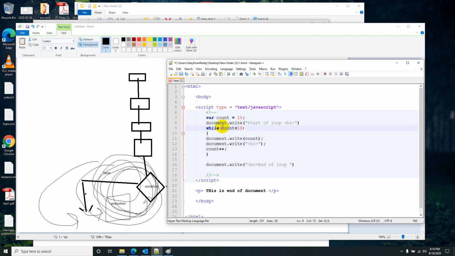Okay, so the first part will be the initialization statement. The count equal to 10, I will keep there instead of outside. And I need to declare the variable, the initial, but the value in initialization I am keeping here. Initial value will be 0, and the condition statement is less than 10, and third is the iteration statement. This count plus plus, which is used to alter the condition result, I will keep here.